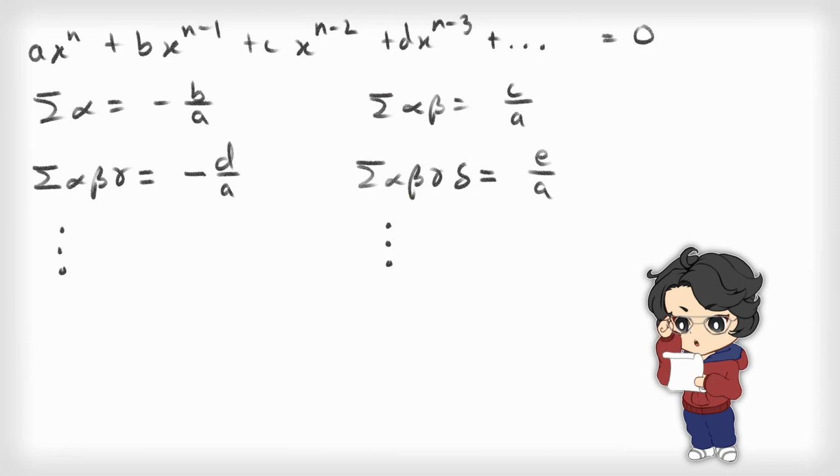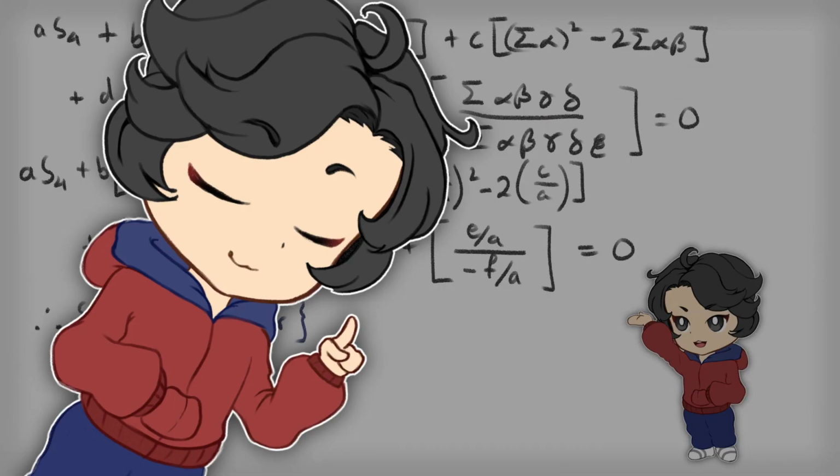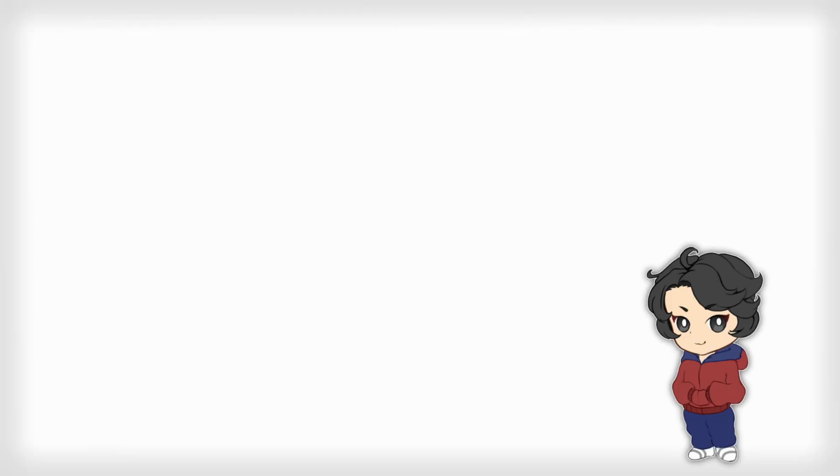And if you have the product of a certain number of roots, the numerator is of the next numberth alphabet of the English language. Meaning, sum of alpha, a single root, you have b as the numerator, which is the second alphabet. Sum of alpha beta, the product of 2 roots, the numerator is the third alphabet, c. And in this way, we got the sum of product of 4 roots to be e by a, and the sum of product of 5 roots to be minus f by a. Carry on. And so, in this way, now that you've evaluated S4, you can move on to figure out S5